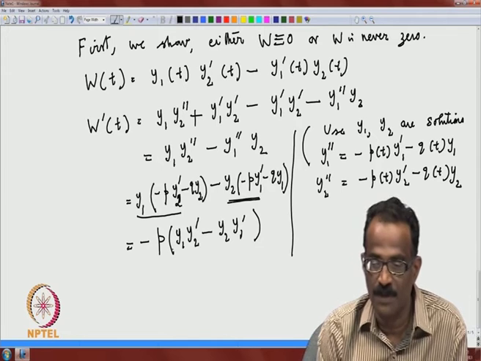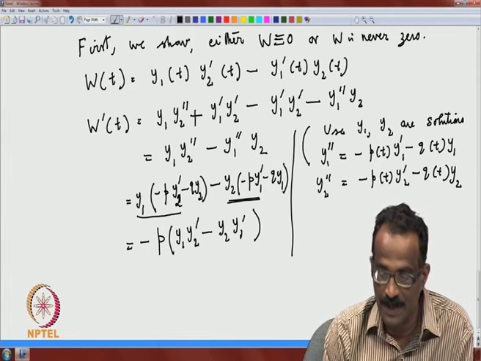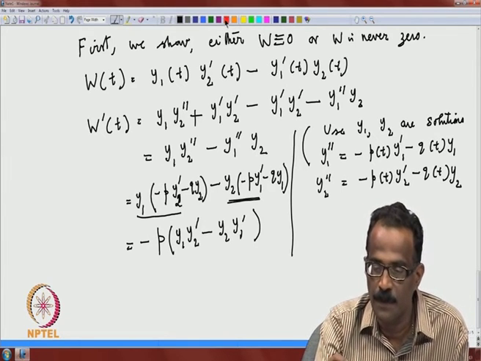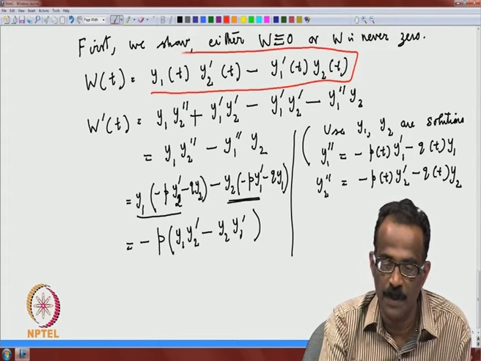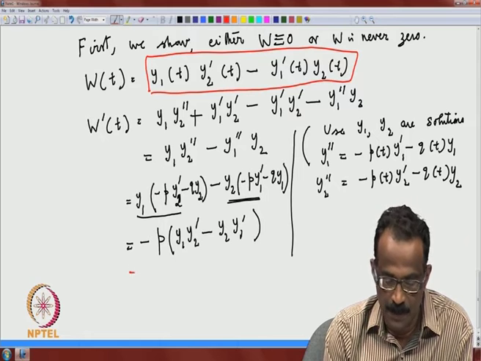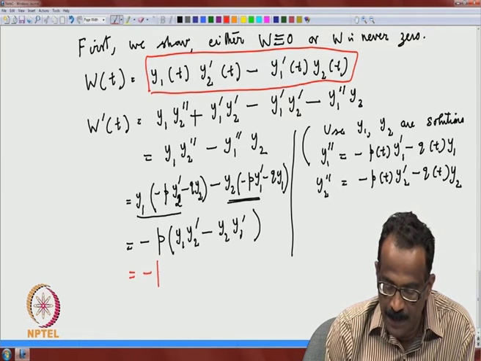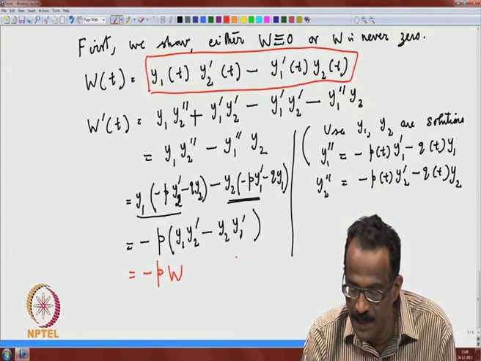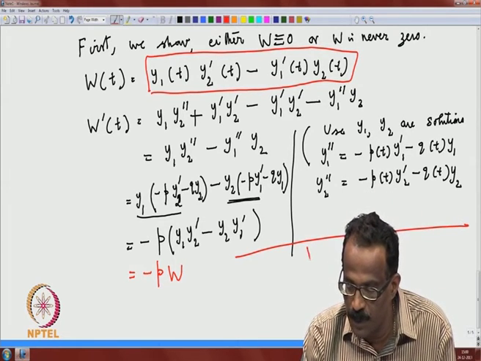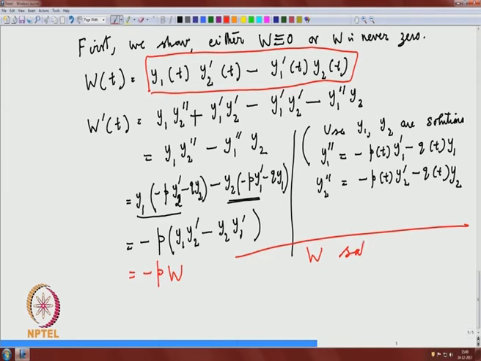But what is this y1 y2 prime minus, if you look at here, y1 y2 prime minus y2 y1 prime is nothing but p, that is nothing but W. So, you have a nice equation for W, therefore, W, the Wronskian, satisfies the first order equation